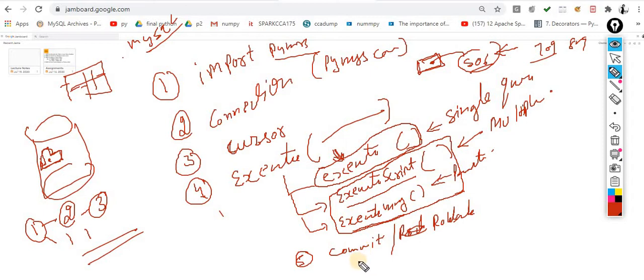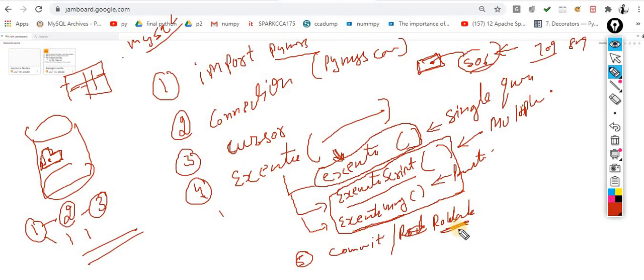Whatever I did should be reflected in the original database. Commitment means, as in the English terminology, that I do a commitment for the same. Now I want to perform a commitment. Whatever steps, whatever operations I made, now I am committing them. Committing means I am finalizing those into my real database, into my MySQL.